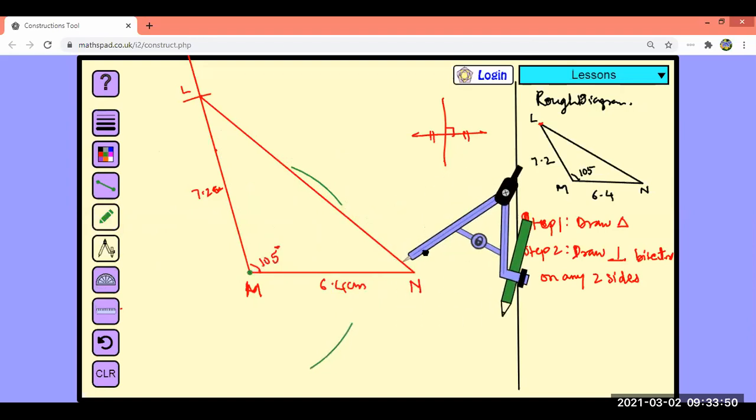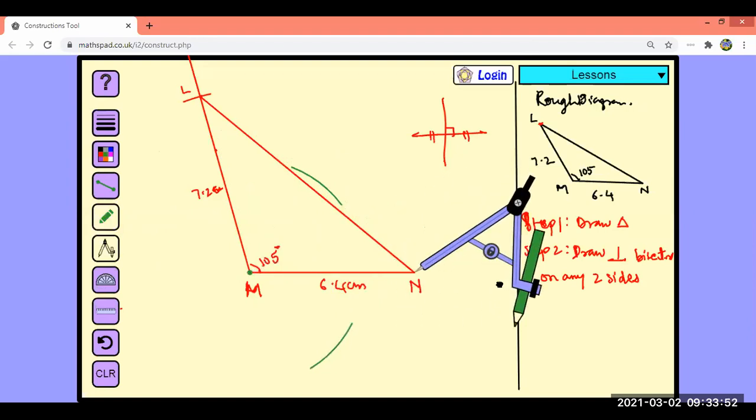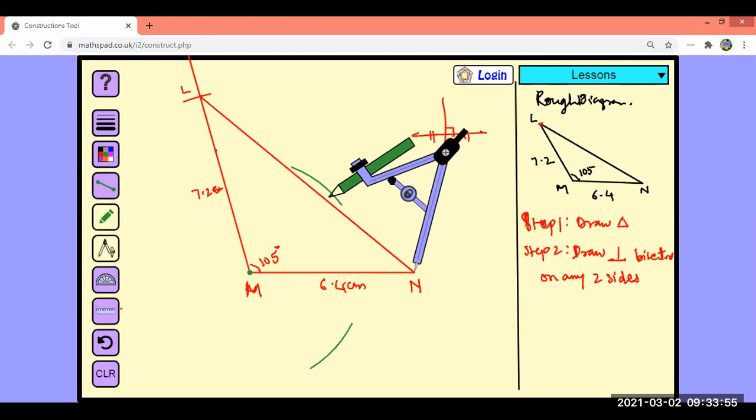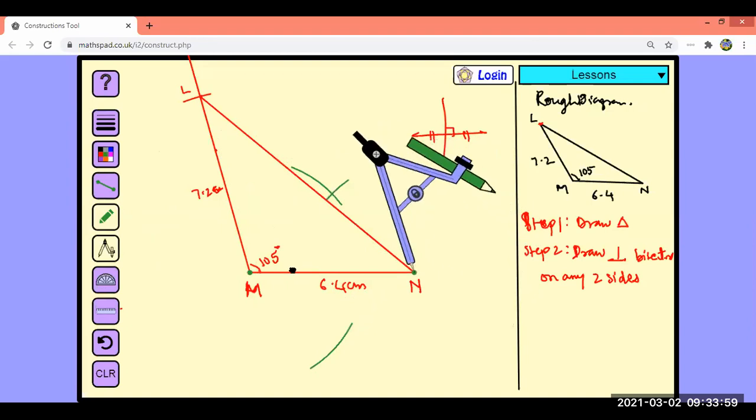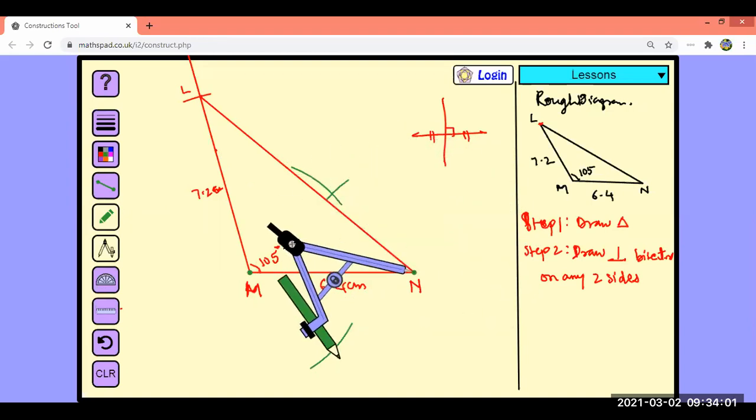Next, we place the steel point on point N, and then cross out these two arcs with the same distance. Okay, I have not changed the distance. With the same distance, we are going to cross out those two arcs. So that gives us the points, and joining these points, we get the perpendicular bisector. So just check, joining these two points, we have got the perpendicular bisector. Okay, it won't allow me to draw arrows, but ideally you should draw the arrows.